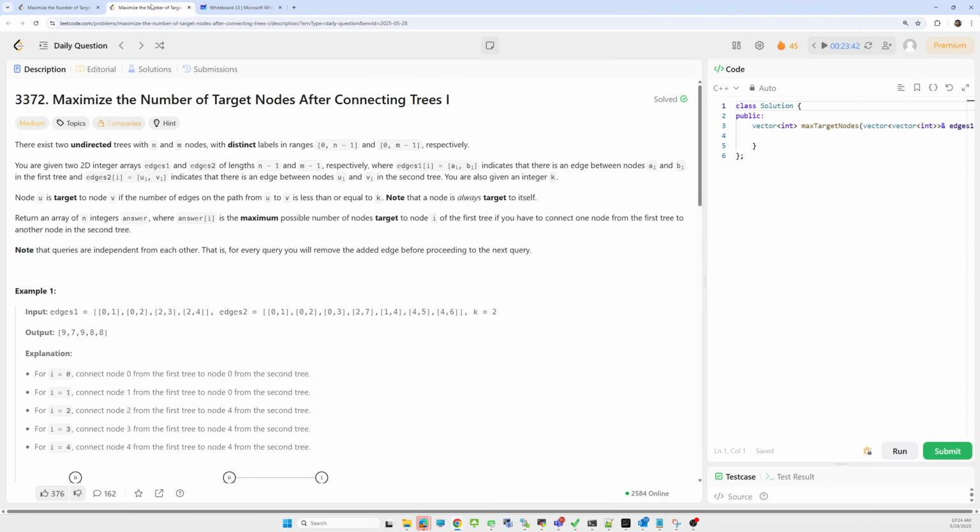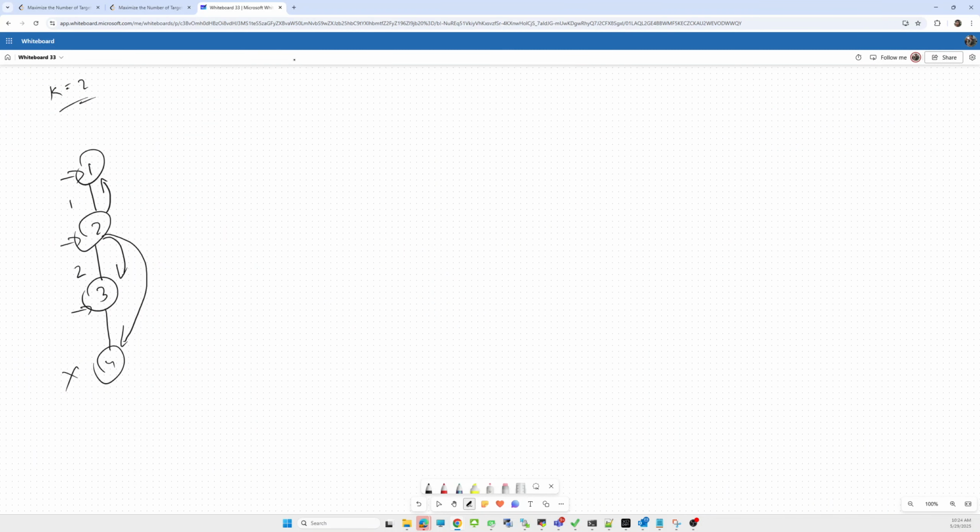Now, note that a node is always a target to itself. They are saying a node is always a target to itself also. In this way, this 4 is a target to itself.